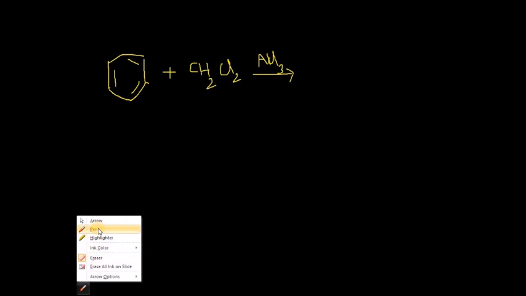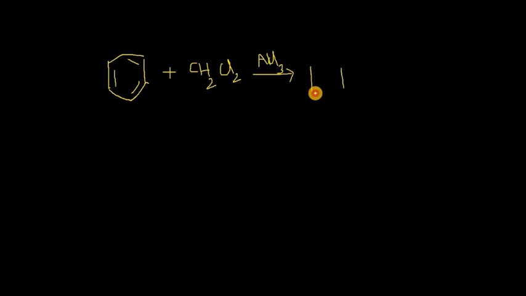In the presence of methylene chloride. Methylene chloride is nothing but CH2Cl2, so it is a chlorinating agent. In the presence of AlCl3, aluminum chloride is a Friedel-Crafts reagent. This aluminum chloride takes away one chlorine from it, and then it will become AlCl4 and all these things, as you all know. So if I write that one as the product, the first product, let us see how it looks.